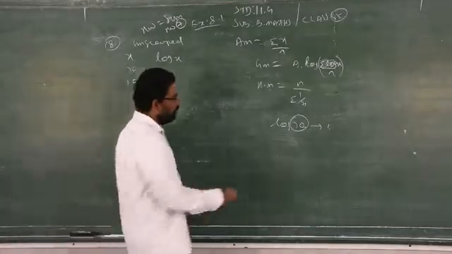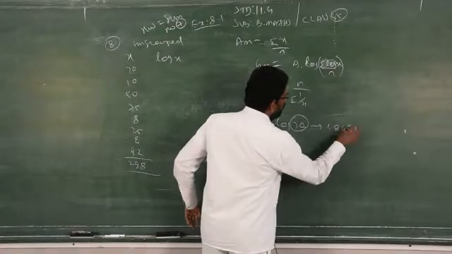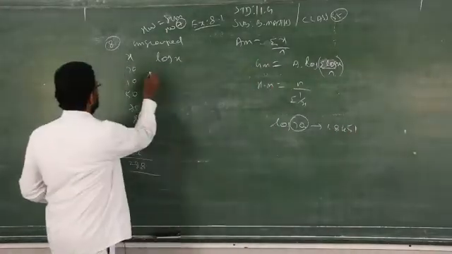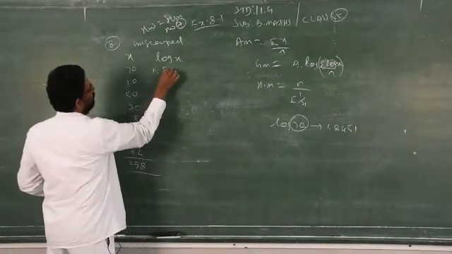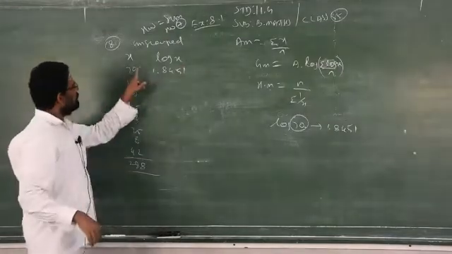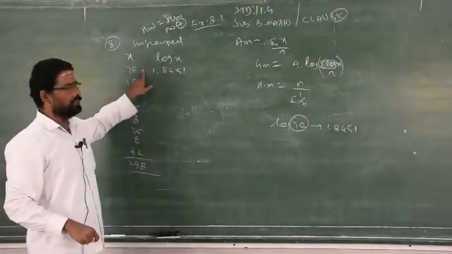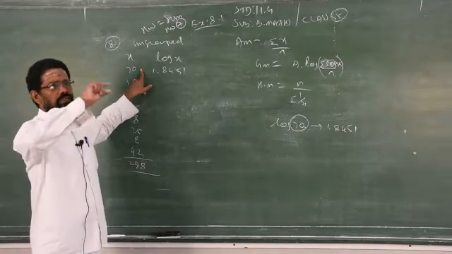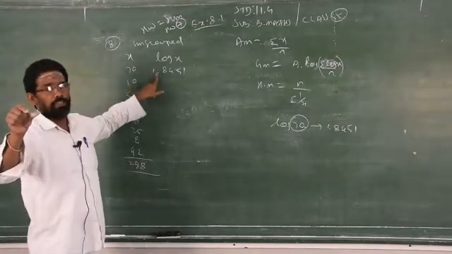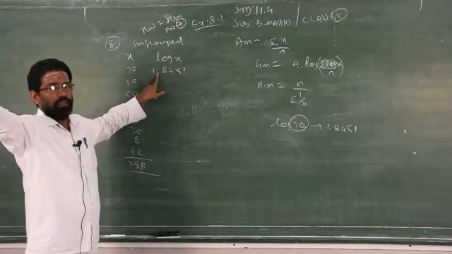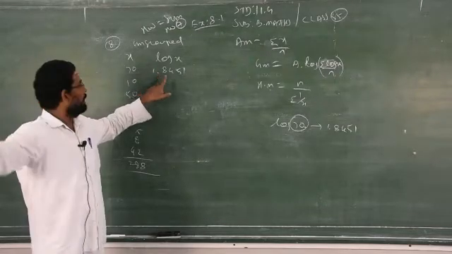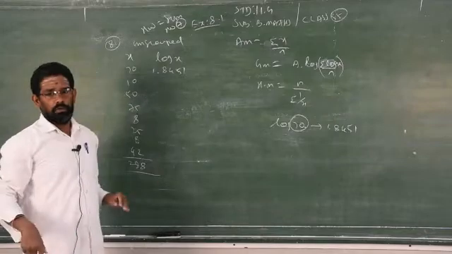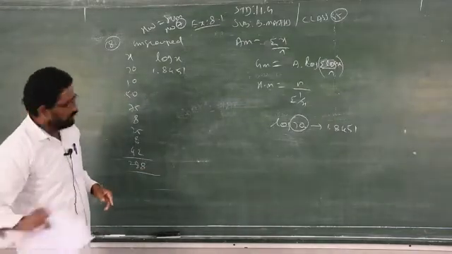8451. So you have to write here 1.8451. If there is no third digit, you have to see under 0. If there is a third digit like 1, 2, you have to see 70 under 1. If it is a fourth digit, the fourth goes to mean difference. You have to add and write over here. Clear?